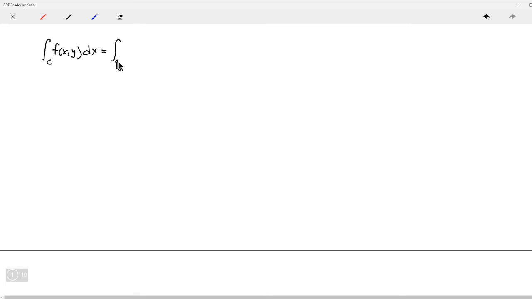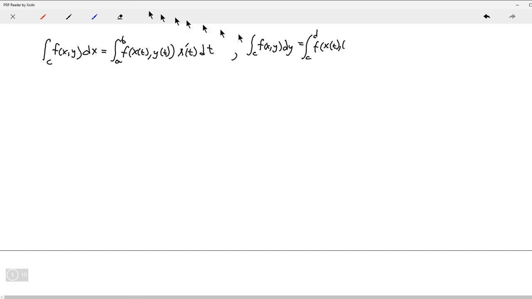can be replaced by, over the endpoints of the path with respect to x, f of x of t, y of t, times x prime of t dt. Same thing with y. If I have over C f of xy dy, we can use A and B again, or maybe I'll say C and D to make them different. It doesn't matter. f of x of t, y of t, this time times y prime of t